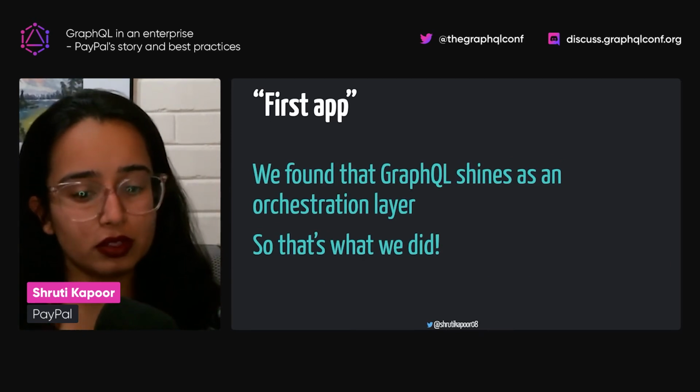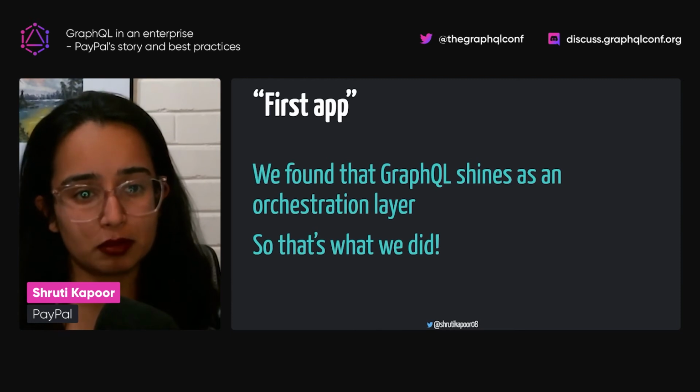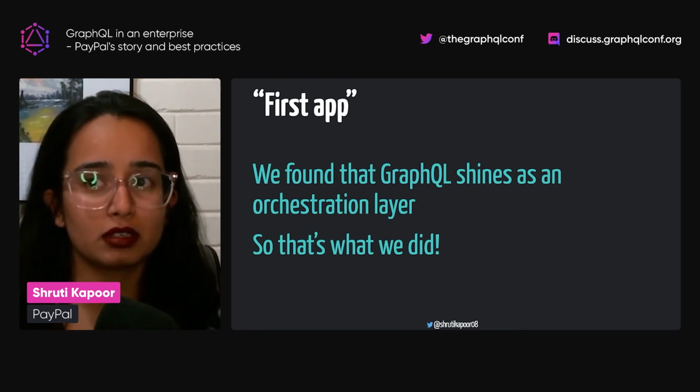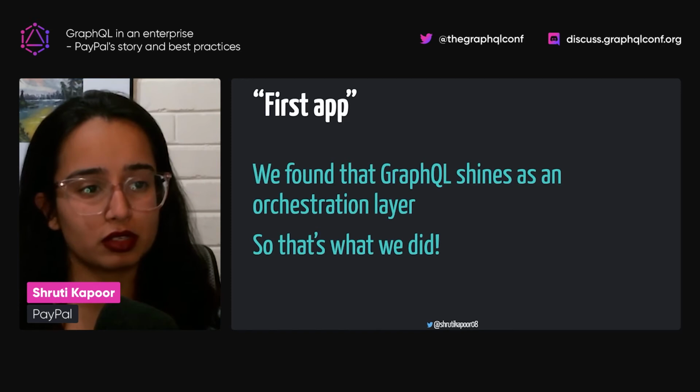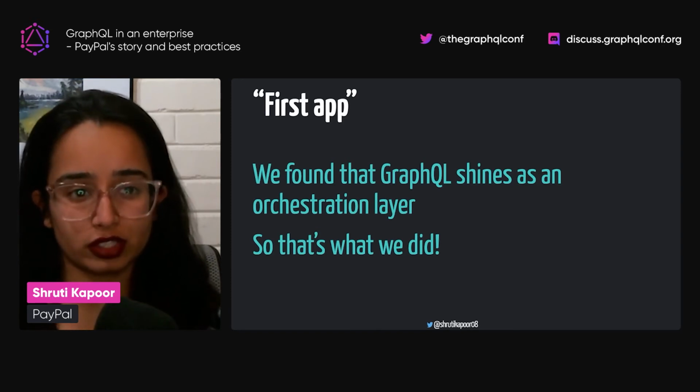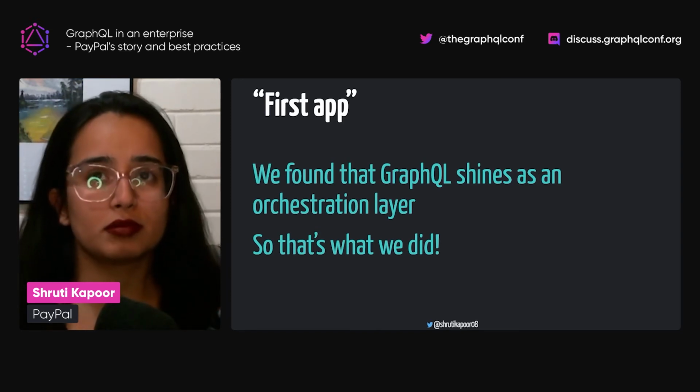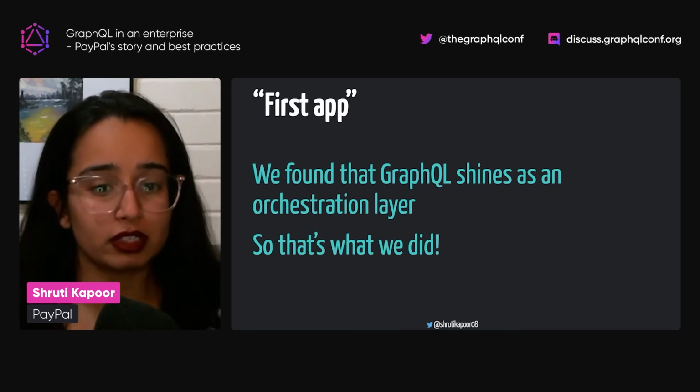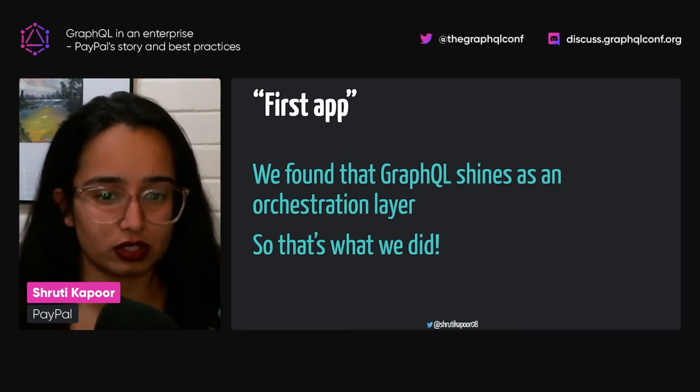We also knew that because we were consuming multiple different APIs, GraphQL was really good because it works really well as an orchestration layer.